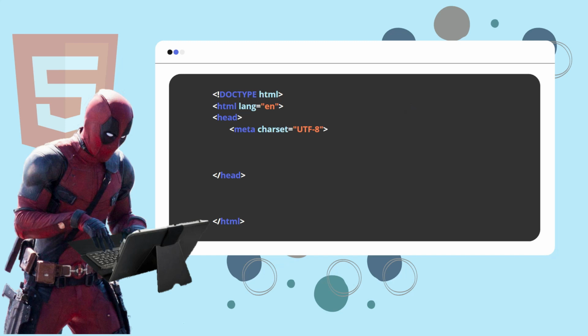Charset specifies the character encoding, where UTF-8 is the default character set for HTML5 and is the most common character encoding method used on the internet. Now,